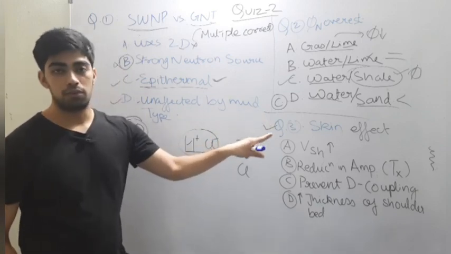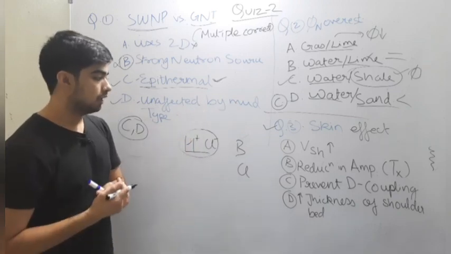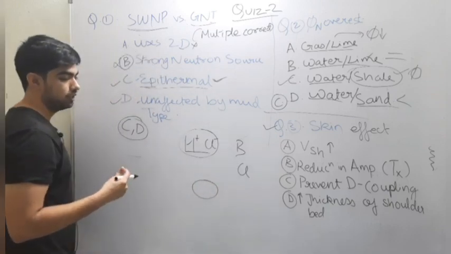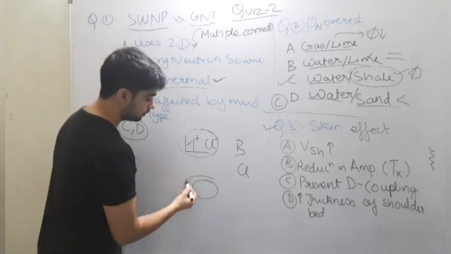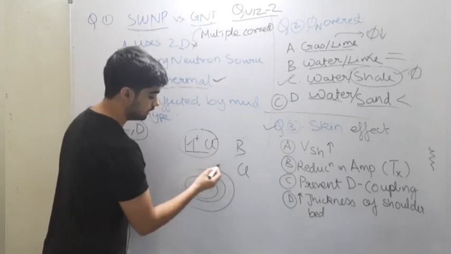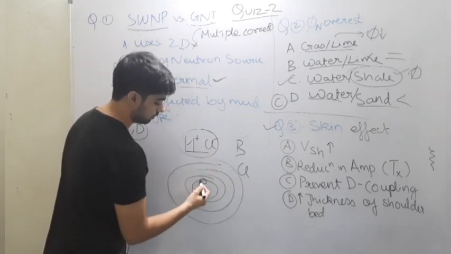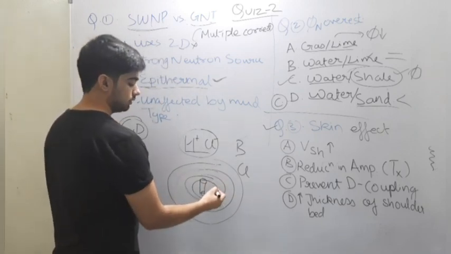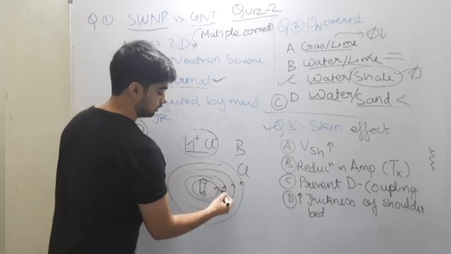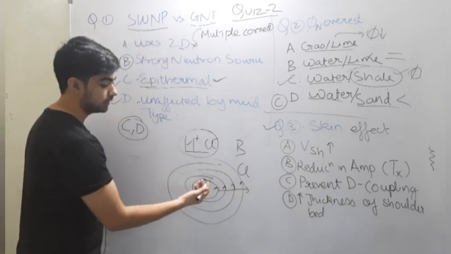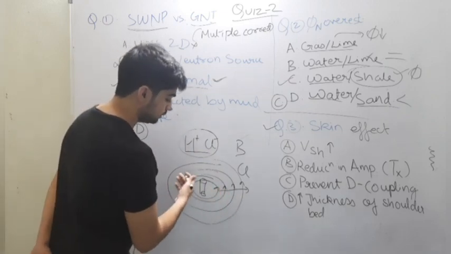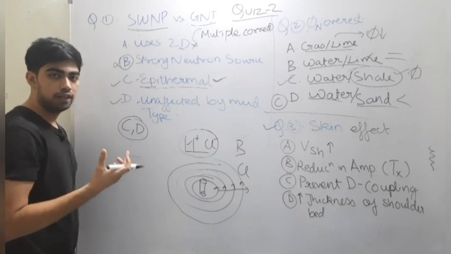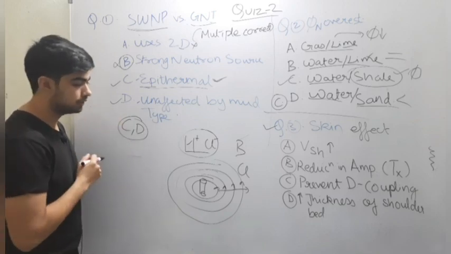The skin effect which we are talking about is related to the induction tool, and that basically says that because of mutual inductance there will be progressive formation of eddy loops in the formation. Now there will be a number of loops, and because of these different loops there will be a continuous phase change, and that will give you some readings full of errors.